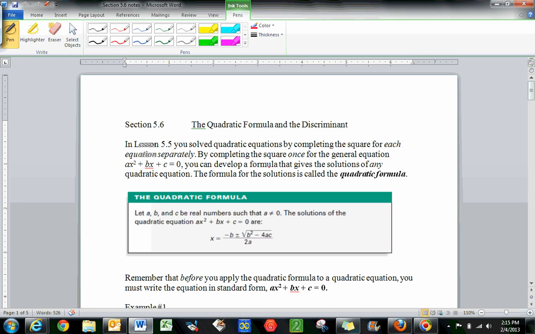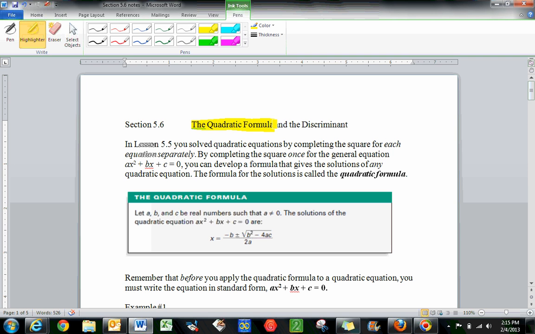Today we're going to learn about a formula that's going to help us solve quadratic equations for pretty much any quadratic equation that you get. Now, this formula is called the quadratic formula specifically for that reason, but what we're going to want to do is not necessarily use it for every example of a quadratic equation. We're definitely going to want to test for factoring and square roots before we move into